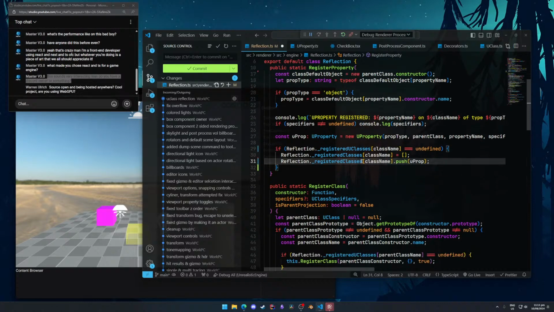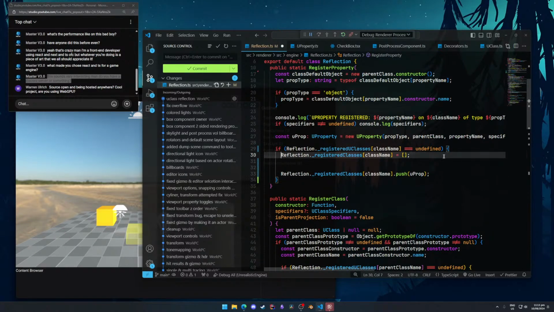What are we doing here? We push the U property. Okay, so what instead we need to be doing is